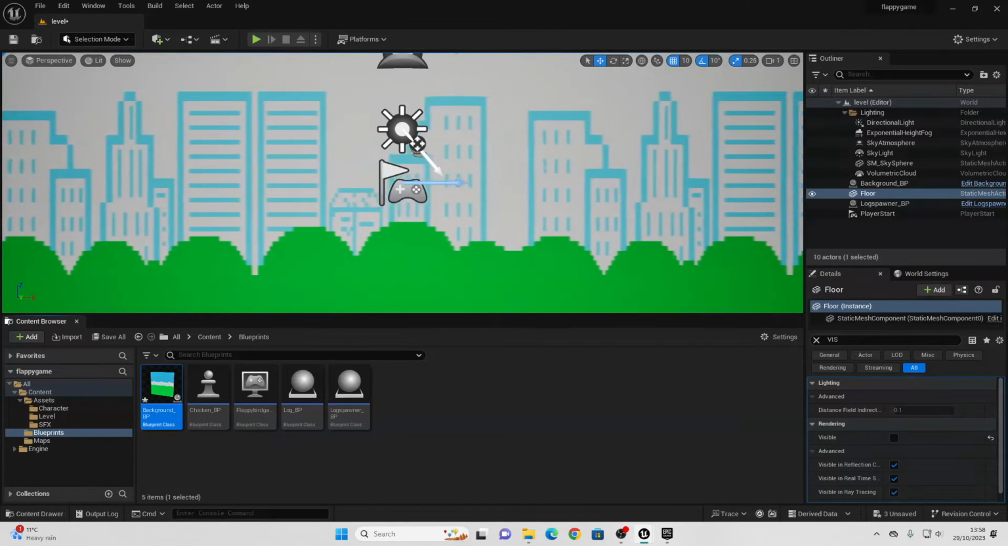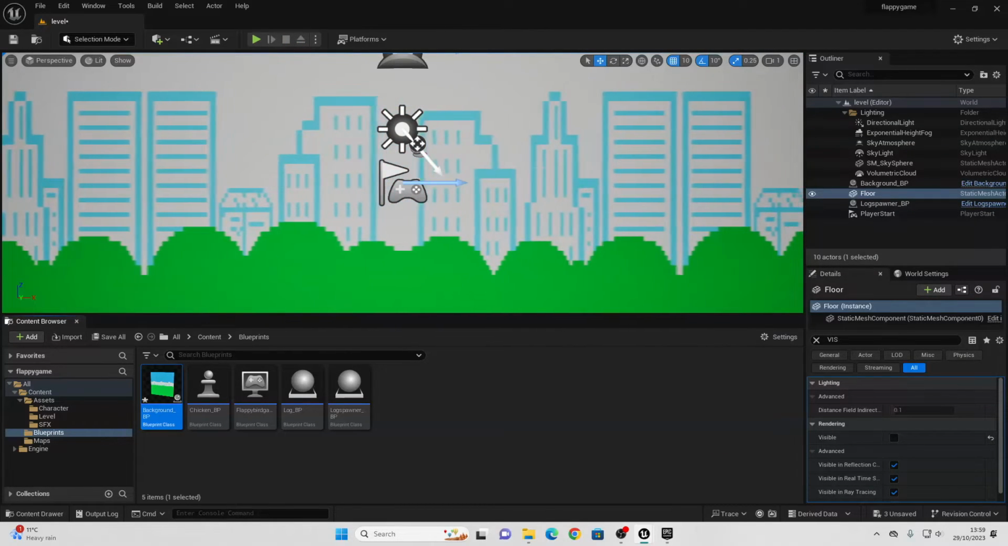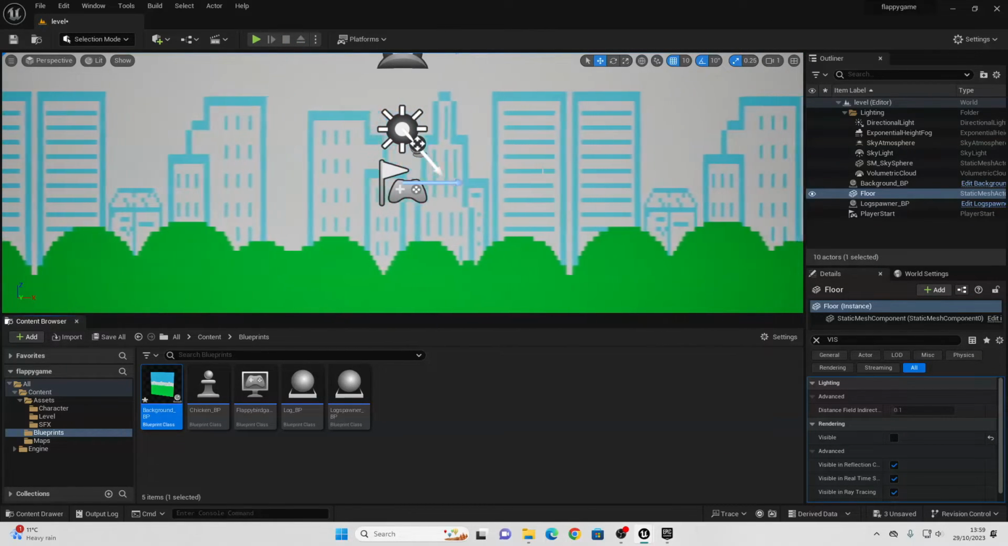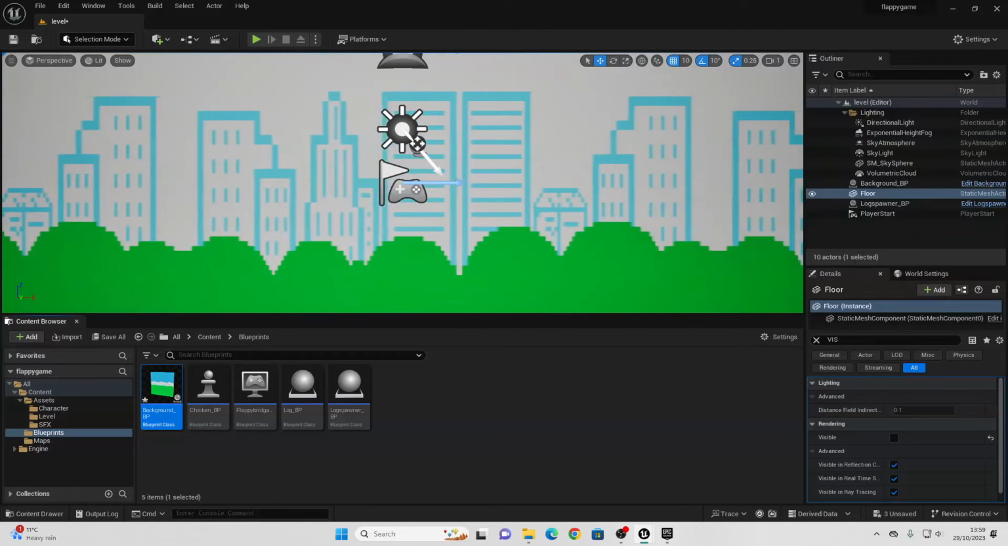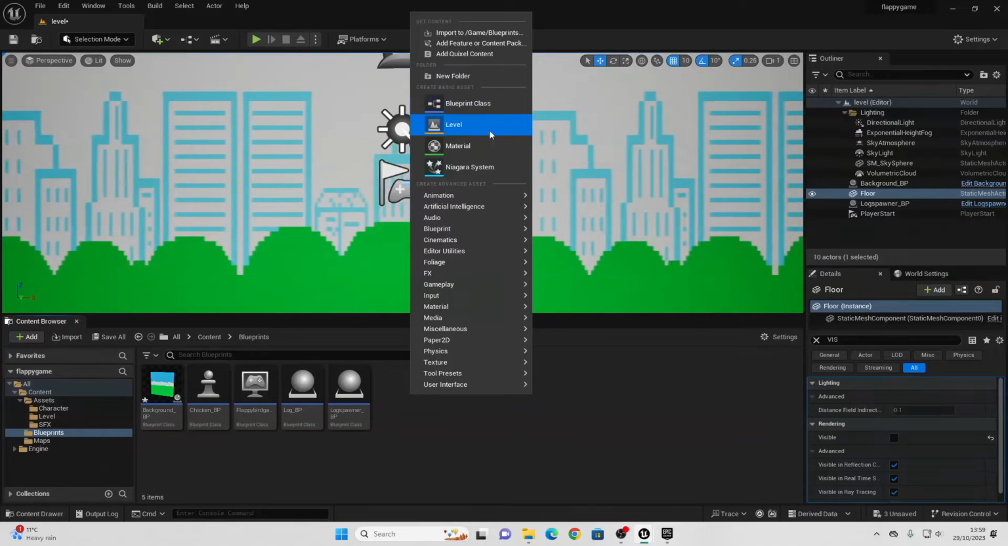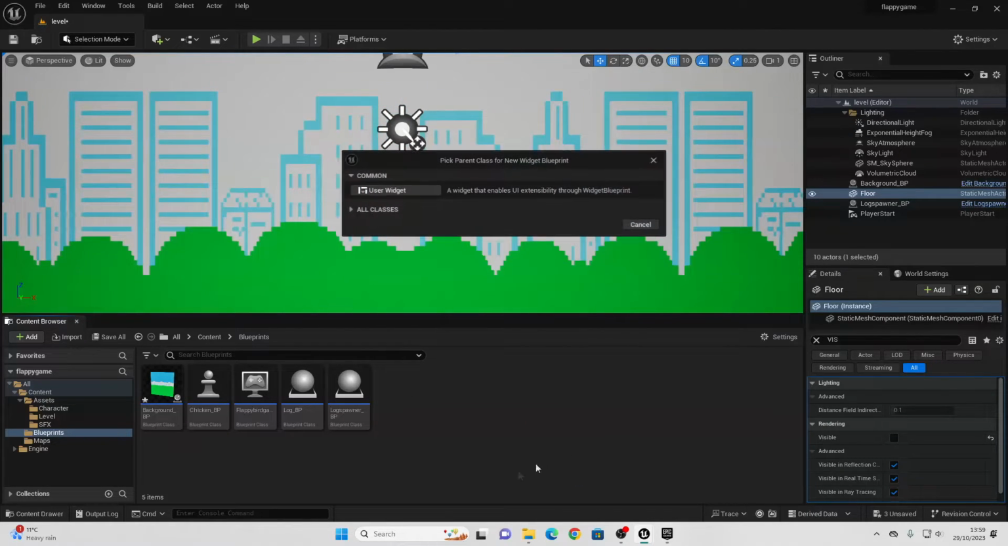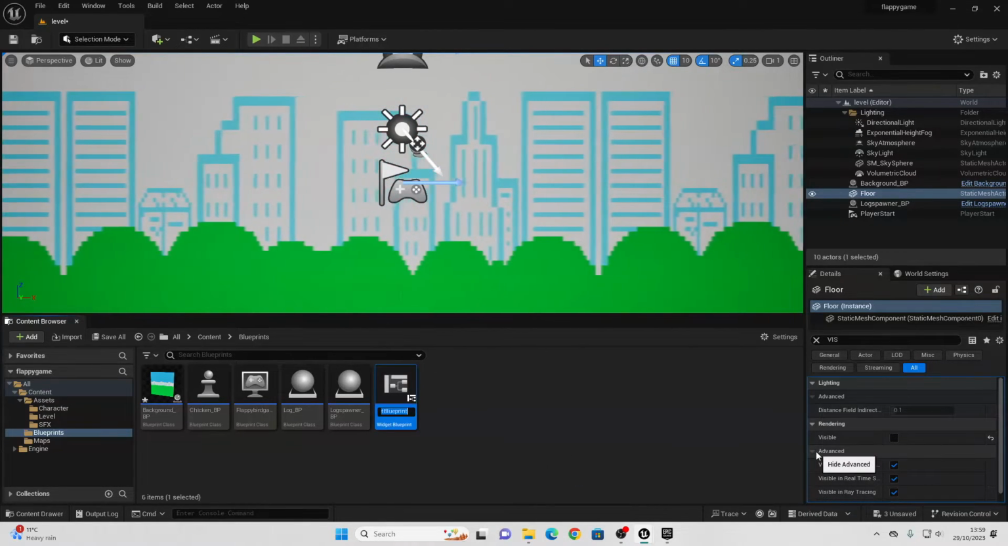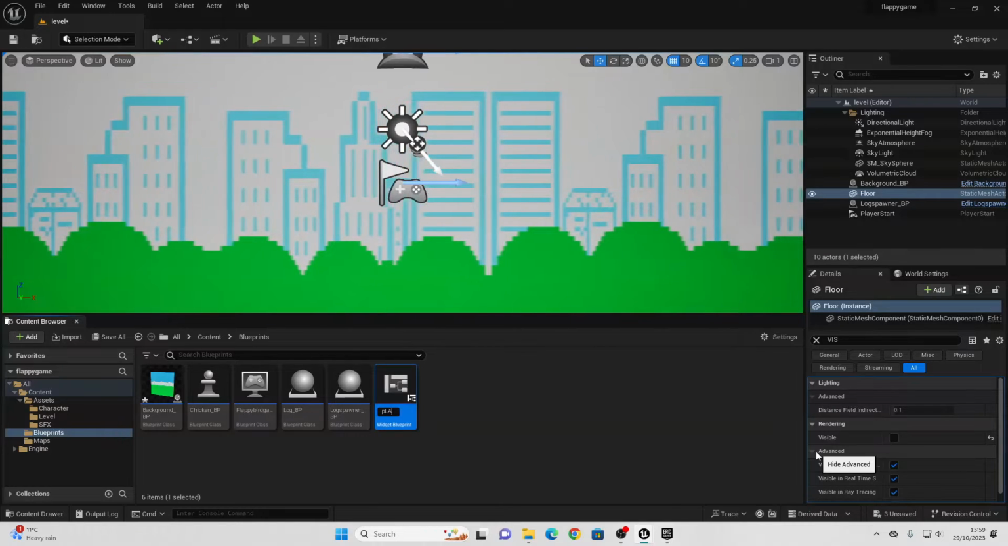The next thing we're going to do is create a score system. So whenever the player flies through a log, we're going to give them 1 score. So inside of our blueprints folder, let's right click and go user interface, select a widget blueprint and select user widget. Call this the player HUD